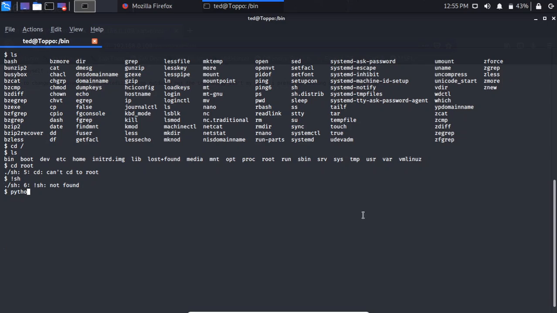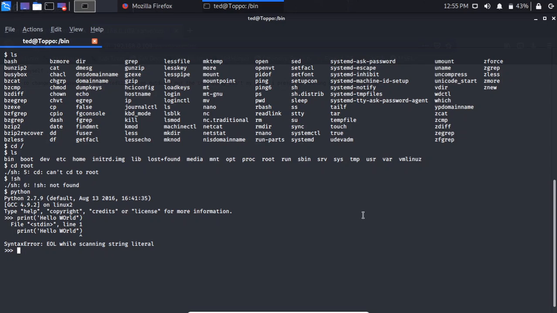Can we use Python here? Print hello world. Oops, sorry. Python is working, so here we can use python -c, and we're going to import